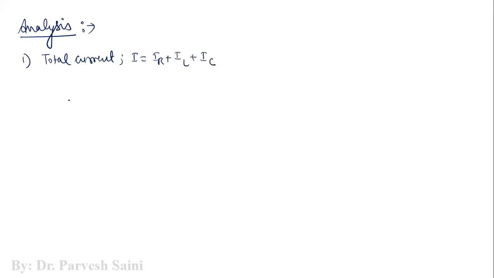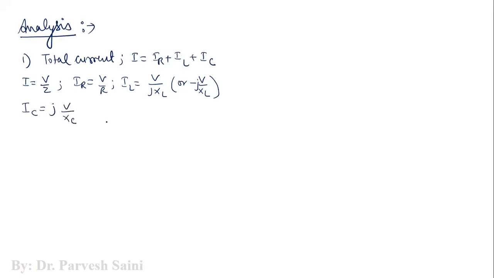Now we know that I is equal to V by Z, IR is equal to V by R, IL is equal to V by JXL, or minus JV by XL, sorry, right? And IC is equal to JV by XC. So if we substitute all these in this equation, let us say this is equation number 1,